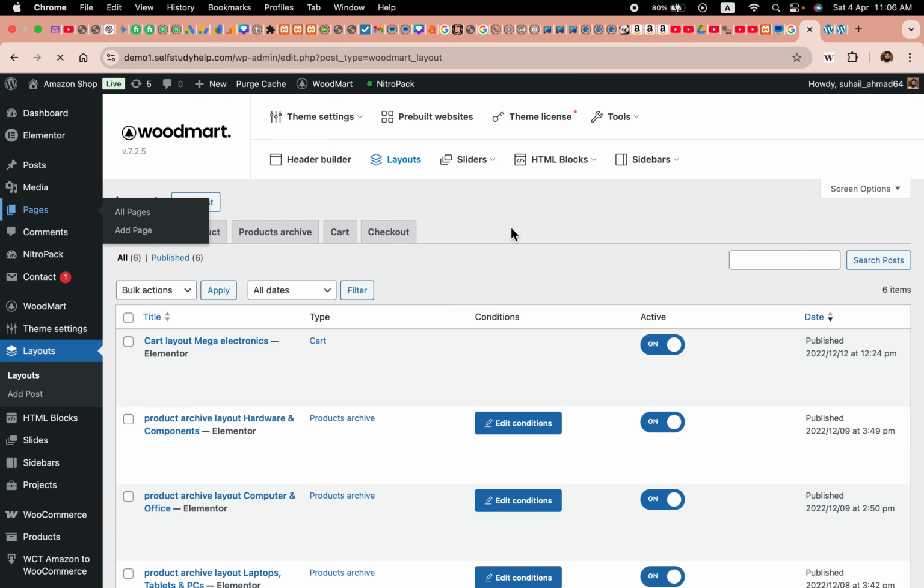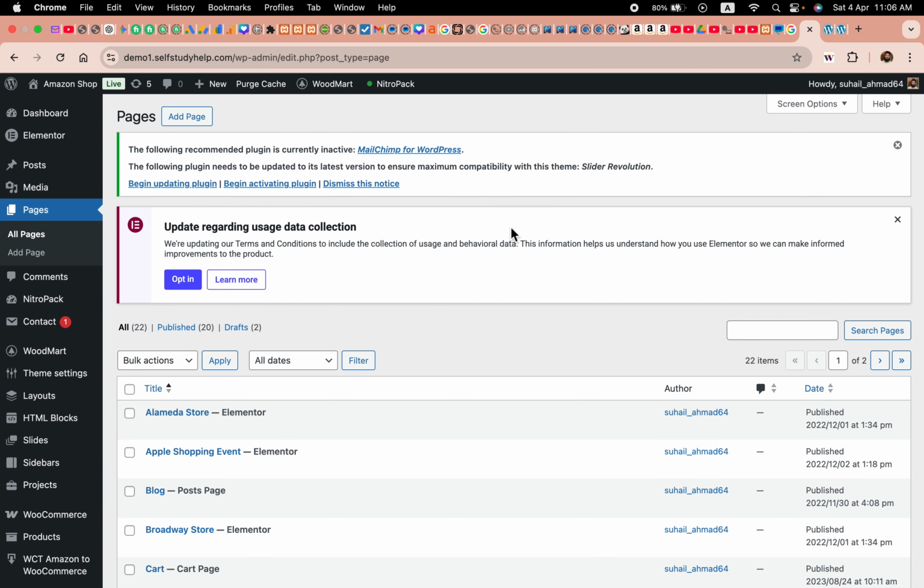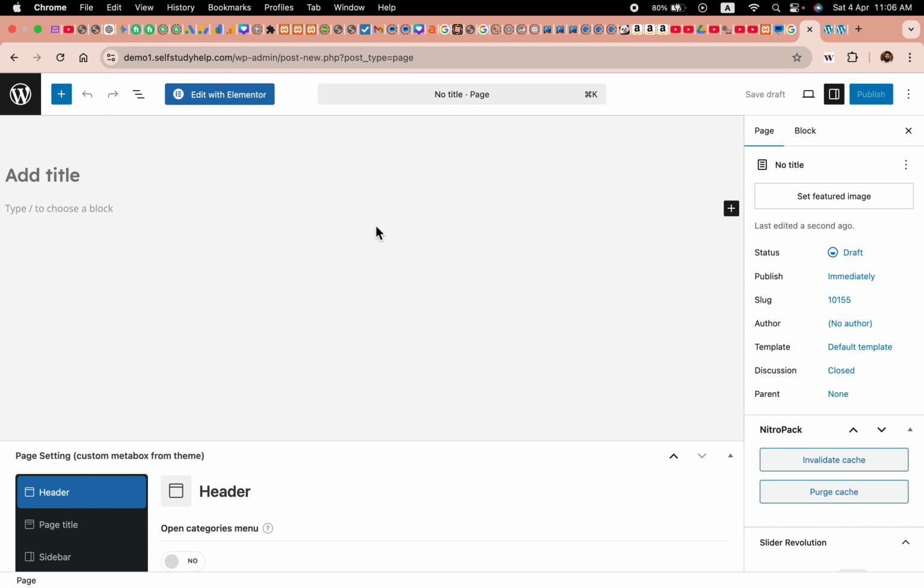So once you have cleared your pages, checkout page and the checkout layouts, then you must add a new page here. And the second issue, you must assign that new page to your checkout. So let's title this page as checkout, exactly like this, checkout,